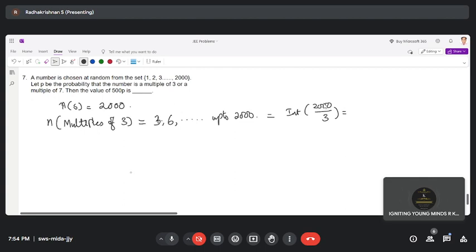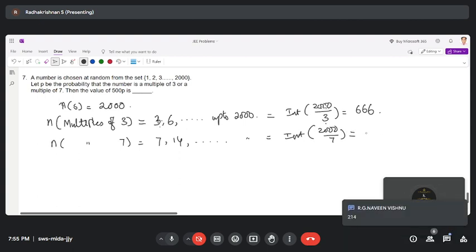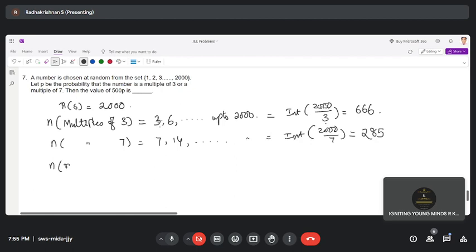Okay. So you can see that if it is a sequence like 3, 6 up to 2000, you take the integral part of 2000 divided by 3, so those many numbers will be there, right? So this is 666, like you said. Same way, number of multiples of 7 is the integral part of 2000 by 7, which is 285. Like you said, no? So number of multiples of